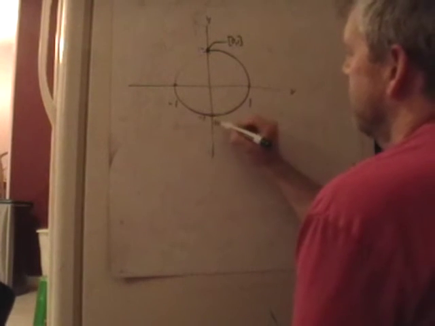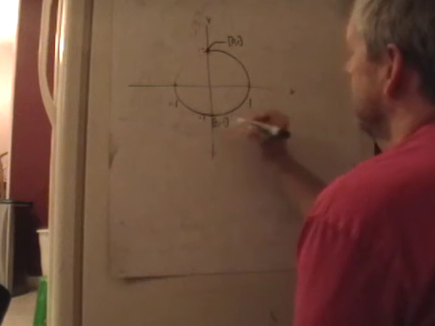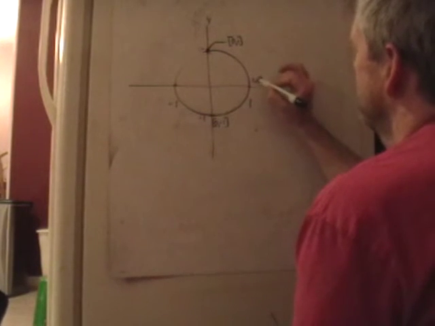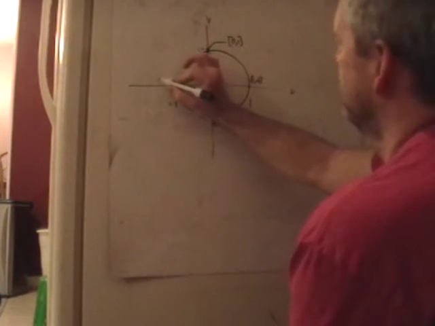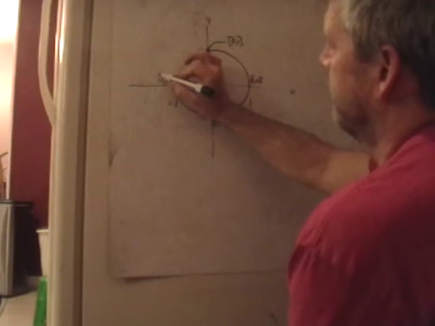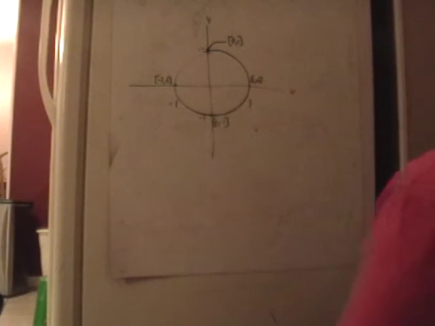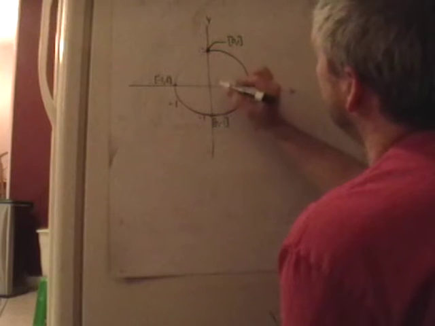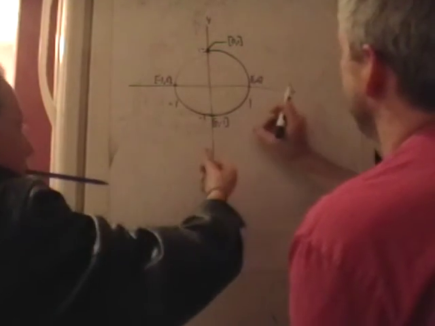This is at 0 comma negative 1. This is at 1 comma 0, right? And this is at negative 1 comma 0, right? Now, this is a unit circle, so that means that no matter where I go,